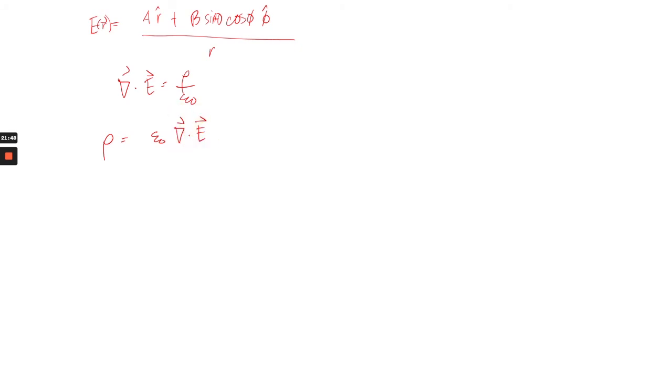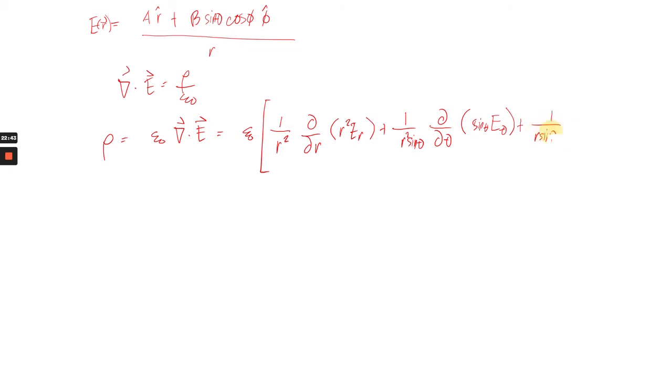Del dot E. Okay. So we know the formula for the divergence in differential form. You can recall it from the previous lesson in the previous chapter of this module. The divergence formula is given by this. We have 1 over r squared partial r of r squared E sub r, plus 1 over r squared sine theta partial theta of sine theta E theta, plus 1 over r sine theta